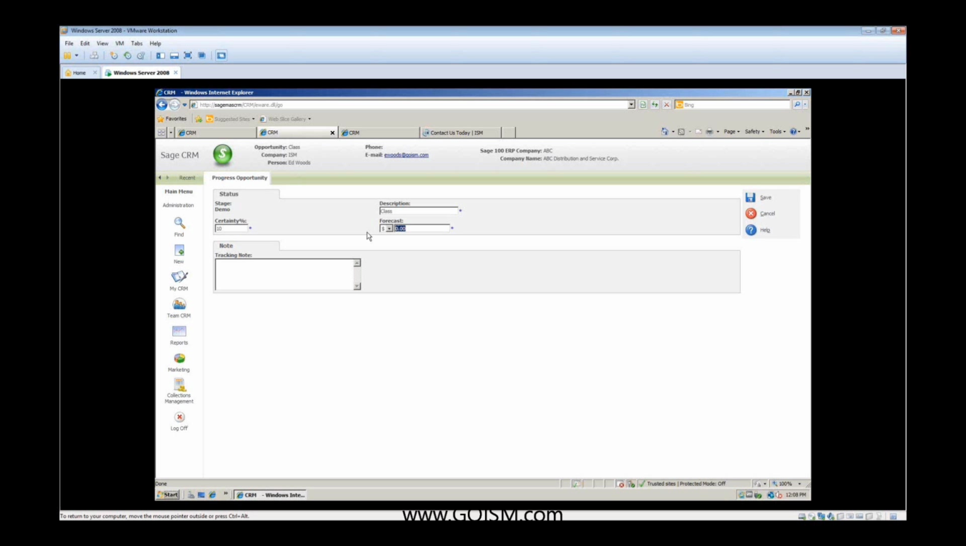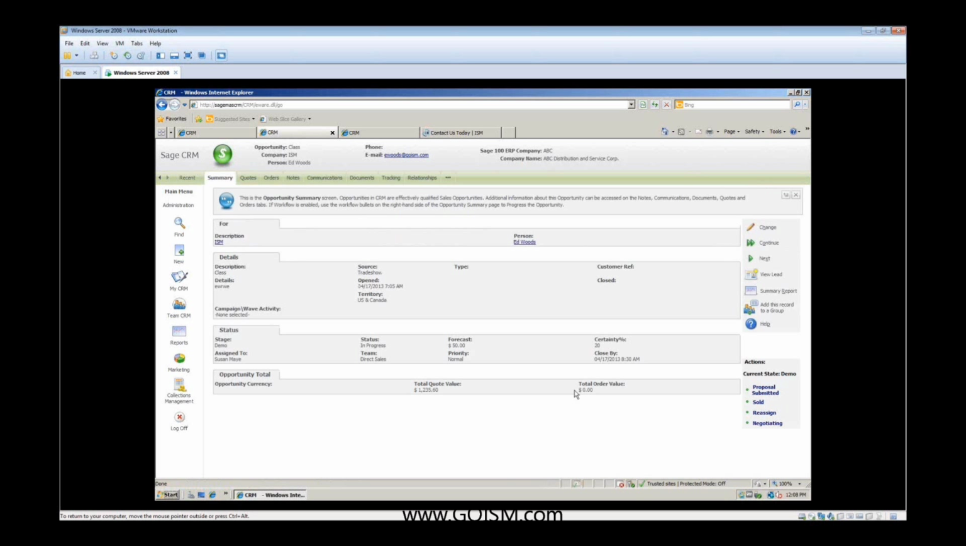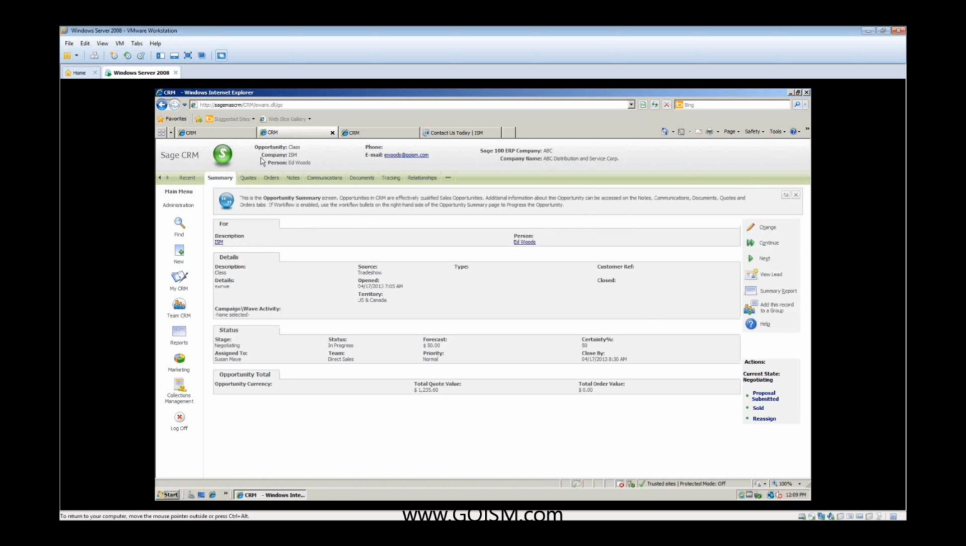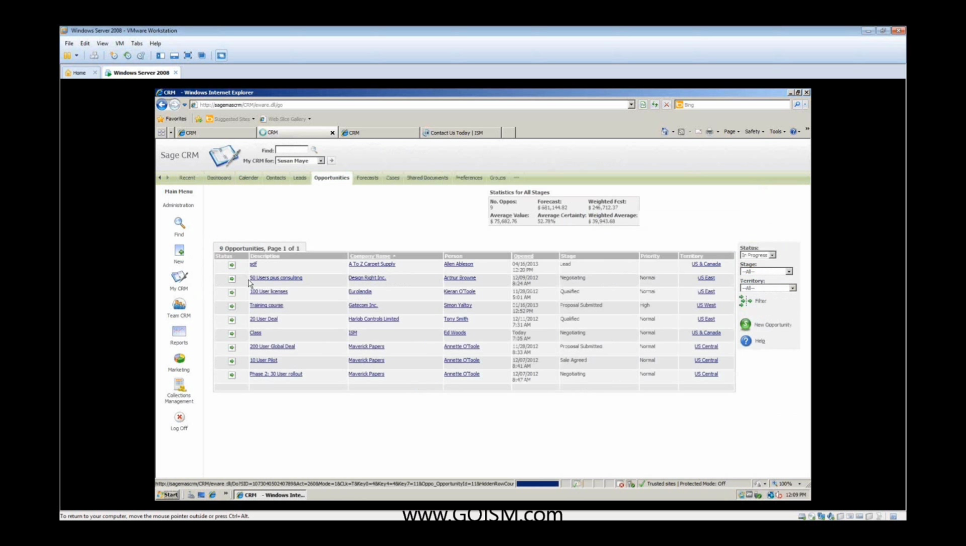This is our forecast amount. I'm just going to put in 50 just to show you how that works. If we bump up our certainty to 20, we'll bring that back in there, and then you can actually see we have more items as we start to track. Is this sold? Do we need to reassign this to another salesperson? Are we in the negotiation stage? So I'm going to put this in negotiation, save,